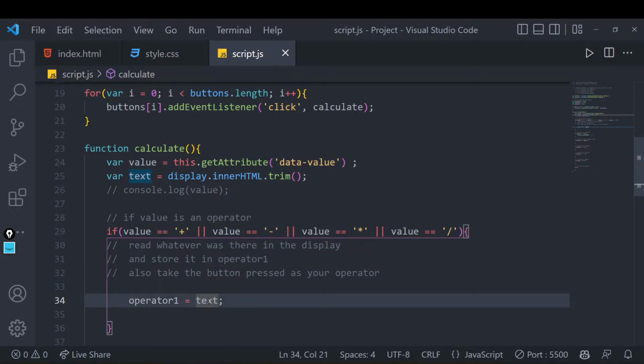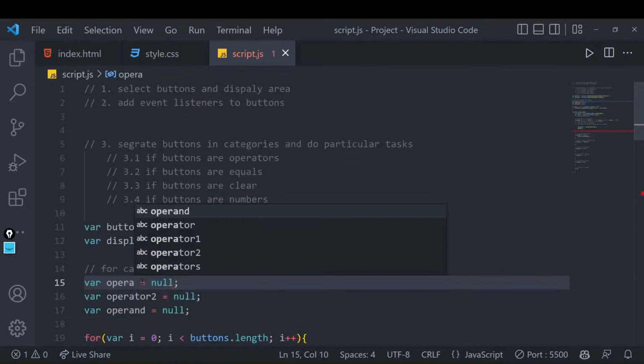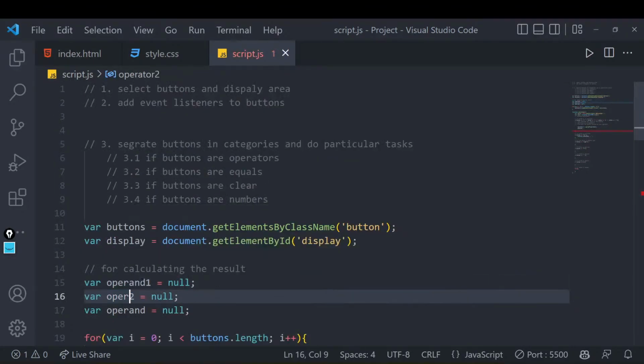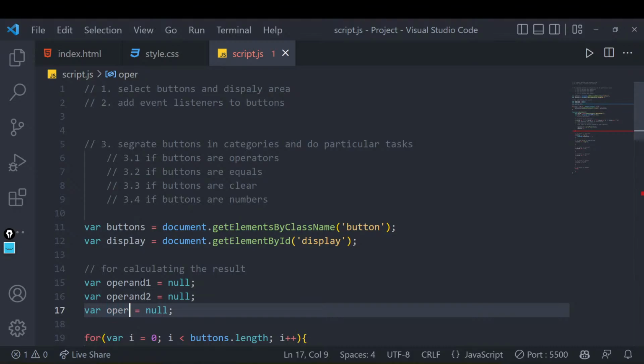So to avoid that confusion, we'll write a function called parseFloat. What that will do is very simple. Whatever we are reading, it will convert into a float number. What is a float? Suppose my number might contain some decimal part, so it will read that as a numeric form, with decimals too. So this is what I'm doing over here. I'm just reading that number as operand one, because these are operands, not operators. Operand one, and this is an operator for us. What is the spelling of operator?